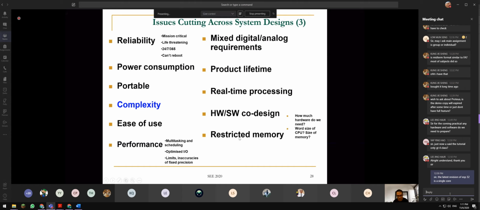PIC24 maximum got 64K of program memory. So you keep on putting in TCP/IP stack, you put in that, put in this, put in that. So eventually you run out of memory. So you have to ask yourself, in your programming design, how much memory is allowed? How much memory do you have in the design? So all these things you need to consider before choosing a proper microcontroller and proper devices.